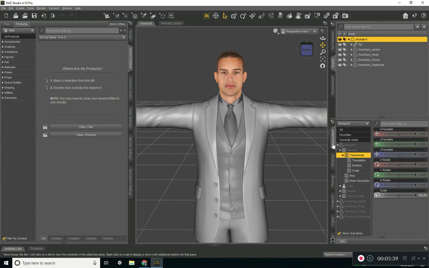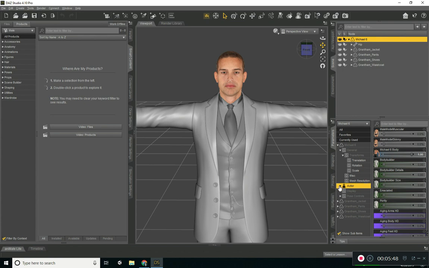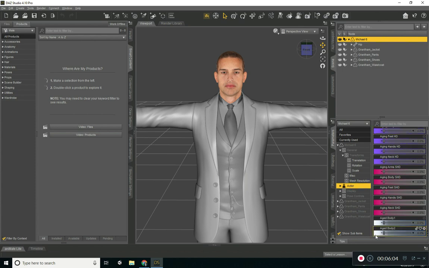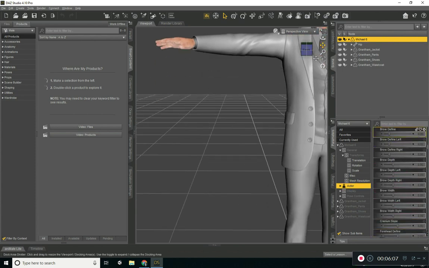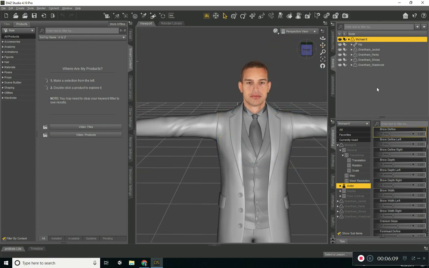Okay, so parameters. This is when it starts getting kind of interesting, and this is one of the advantages of Daz3D. You can change a lot of different things about Michael 6. For example, you can increase his muscularity, you can make him skinnier, you can change his body around. So there's a lot of different advantages here. But you can also change, for example, his face. You have to be a little bit careful. Make sure you're clicking